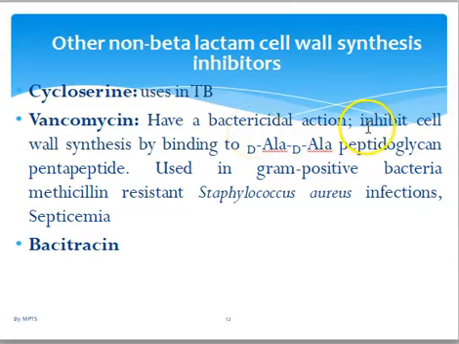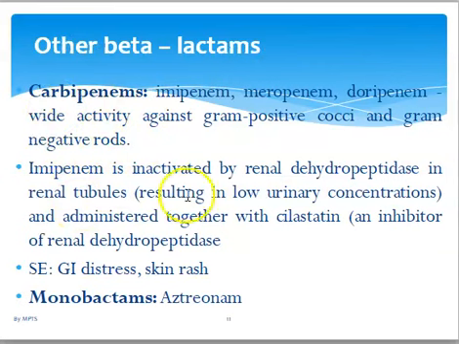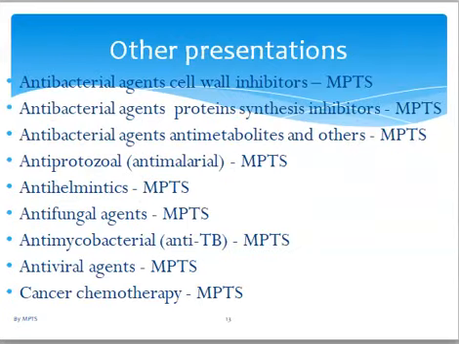Vancomycin has bactericidal action. It inhibits cell wall synthesis by binding to the peptidoglycan pentapeptide, and is used in gram-positive bacteria, methicillin-resistant Staphylococcus aureus infection and in septicemia. Even this one they use also in septicemia, all those hard to treat bacterial infections. Now, remember this has been a short presentation on these anti-cell wall inhibitors, but there is more information on